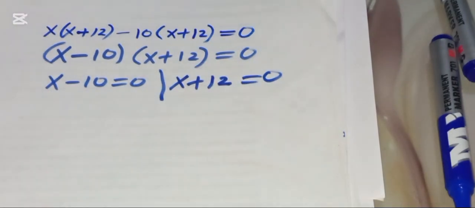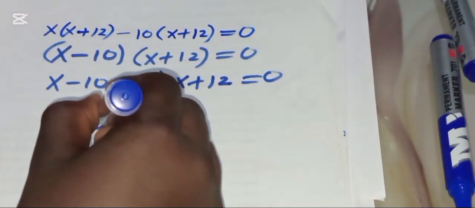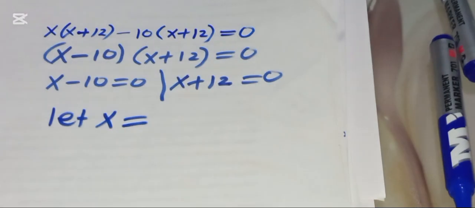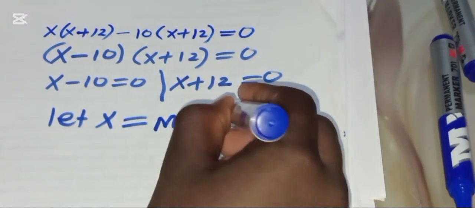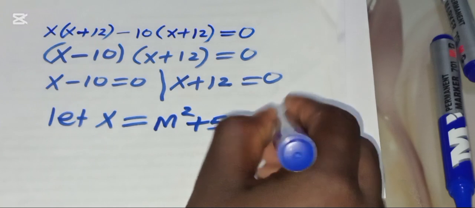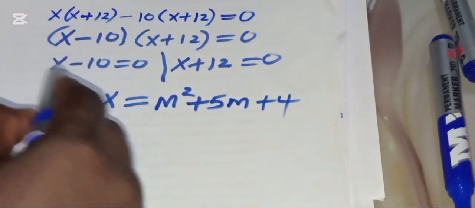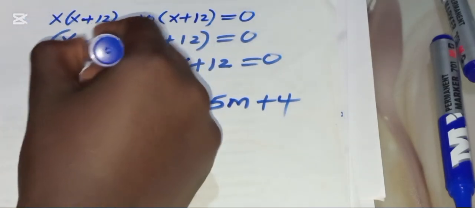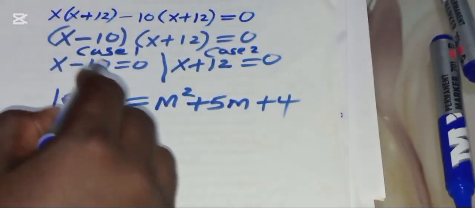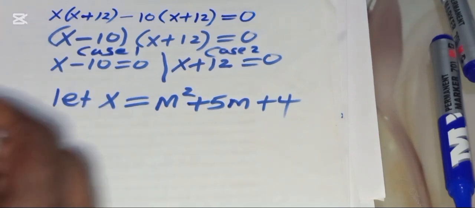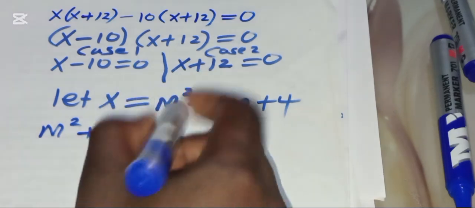Now, what you need to do here, you recall we said that x is equal to m squared plus 5m plus 4. That's what we have inside. So let's substitute in the first part here. We can call this one case 1 and this is case 2. We can substitute the value of x so that we'll have m squared plus 5m plus 4